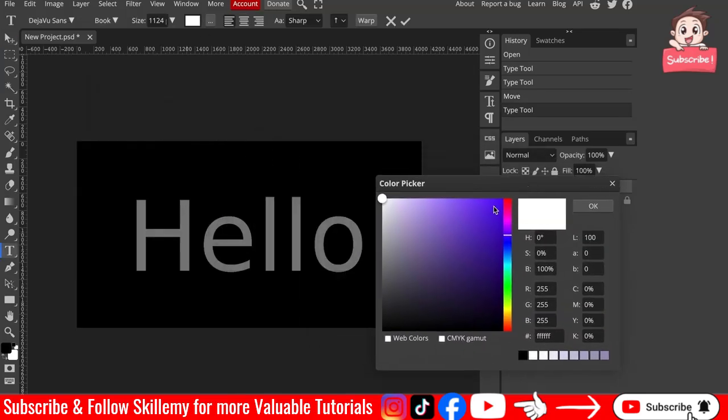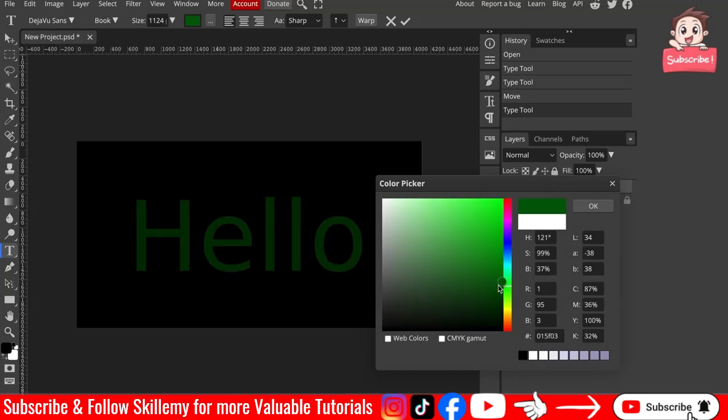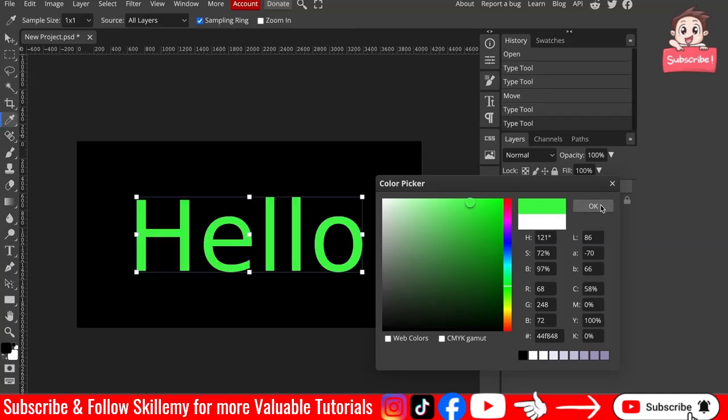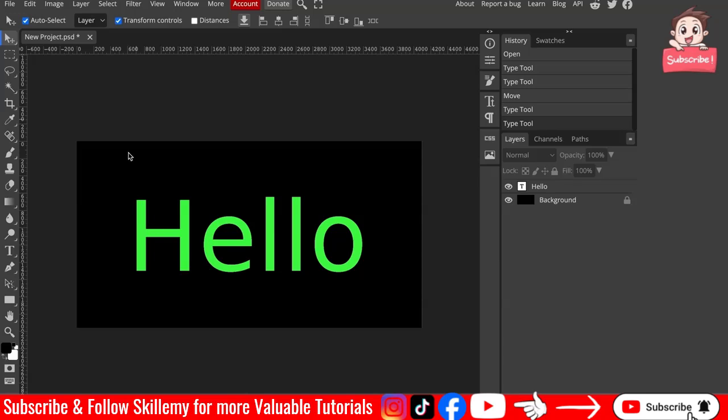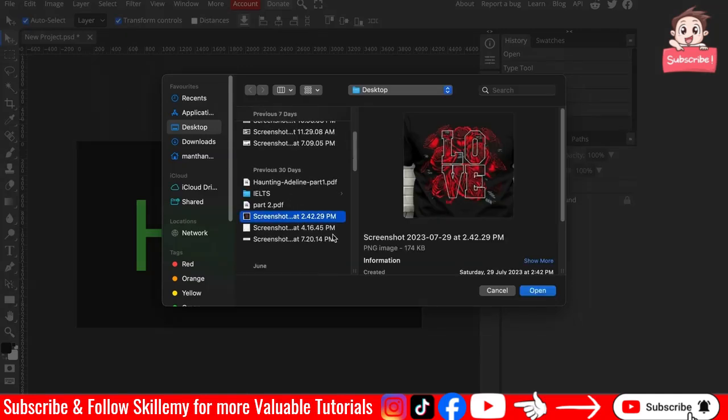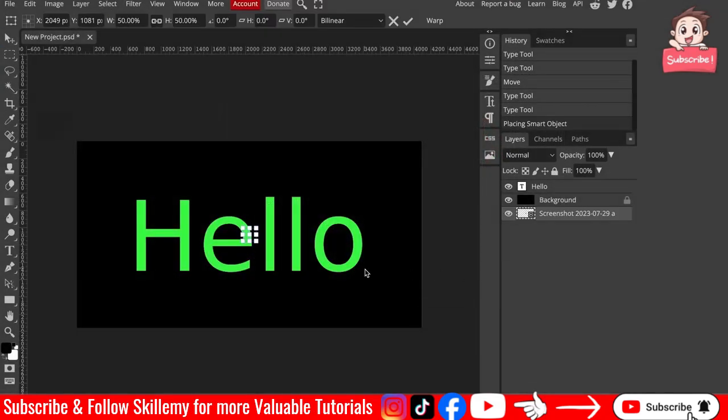Then go to the color picker and choose whatever color you want. Let's just say yellow, green, or whatever. Let's just stick with green and then click OK. Now if you want to add an image, then go to File and choose whatever image you want and then click OK. Now resize, and you can see here this image or this screenshot is behind the background